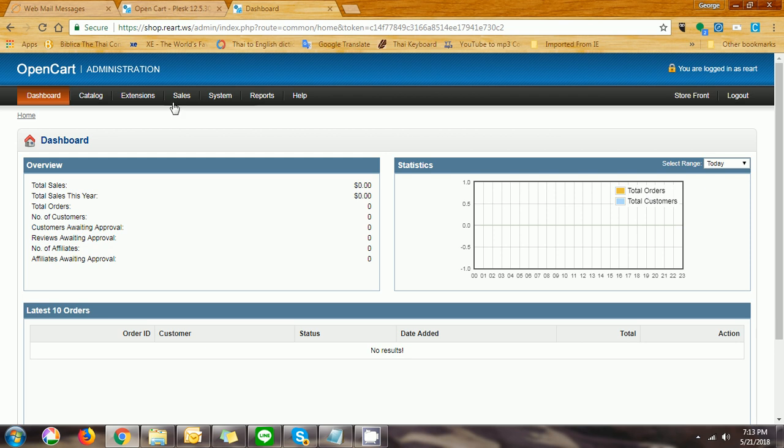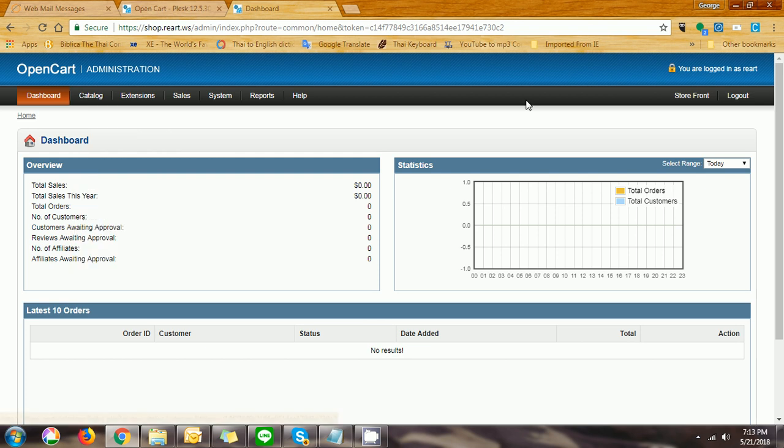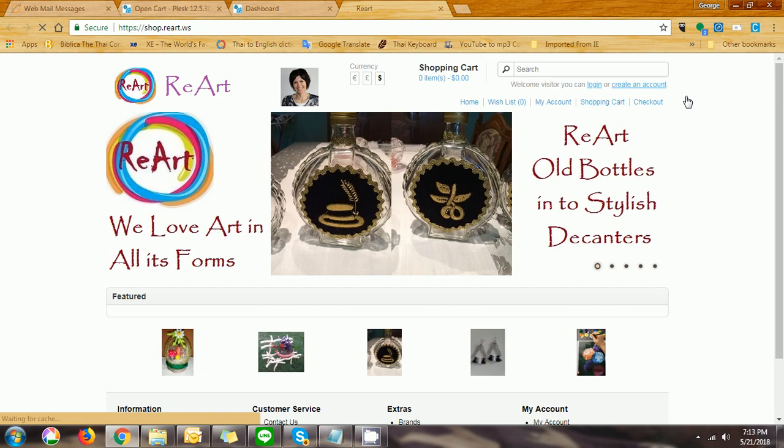Okay, what we're going to do is we're going to go look at how to add a category. So you go to Catalog, and this is the catalog of all your products. And the first thing you want to do is add a category. Well, let's open your storefront so that we can see what categories are available or what we might want to put in. Here's your storefront, and they are putting,